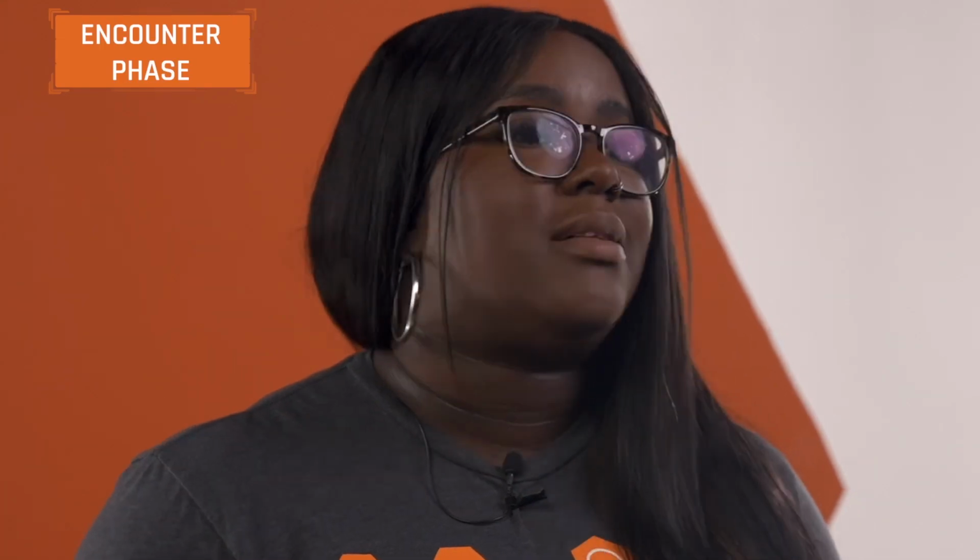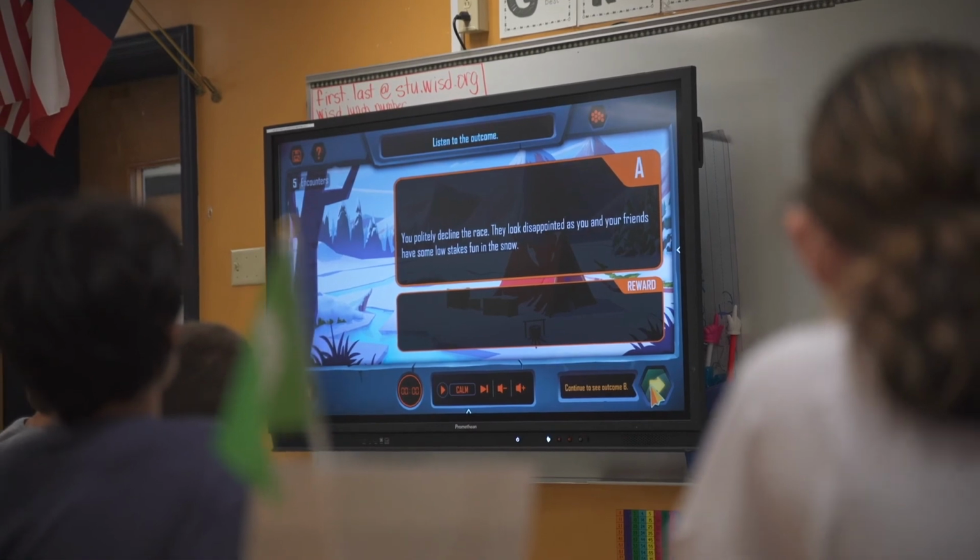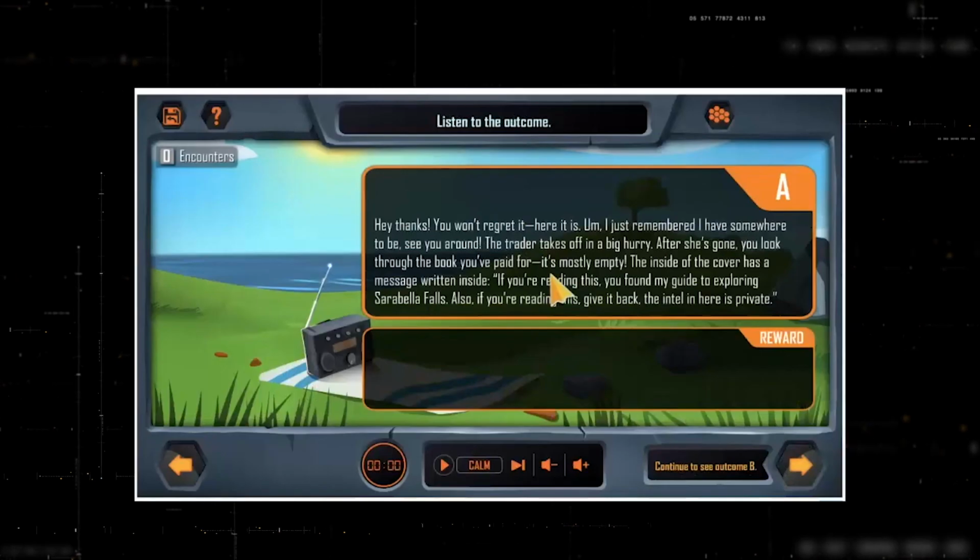So how exactly does this phase work? Each encounter opens with an audio file reading a